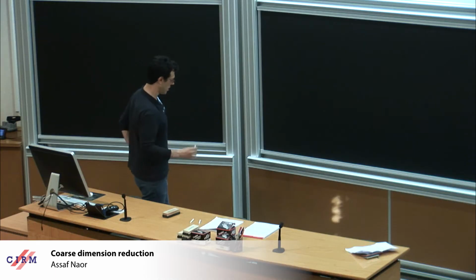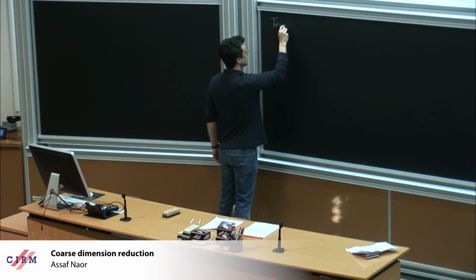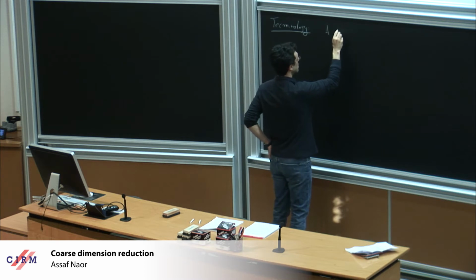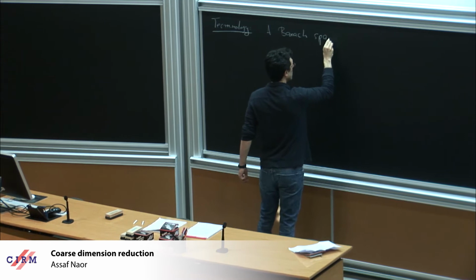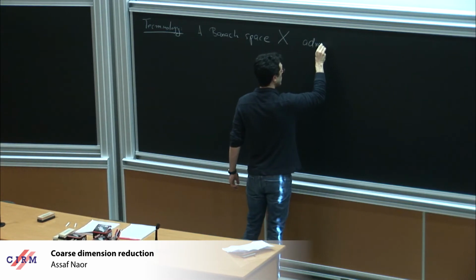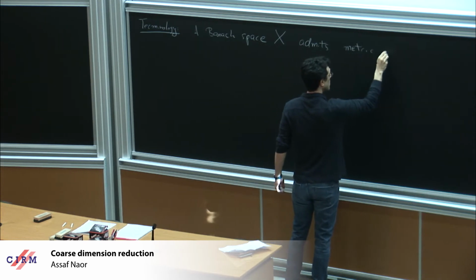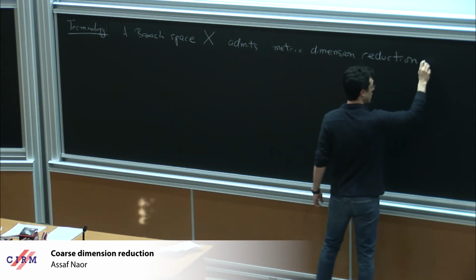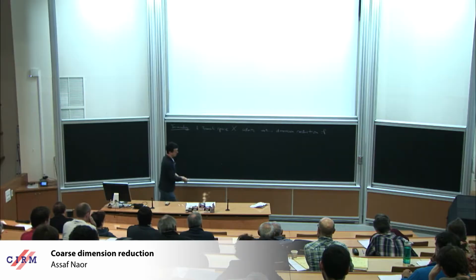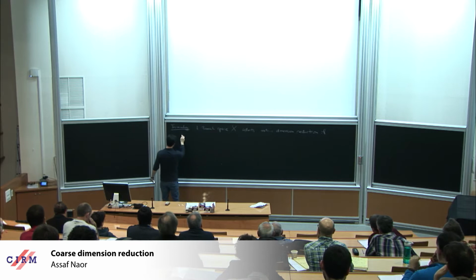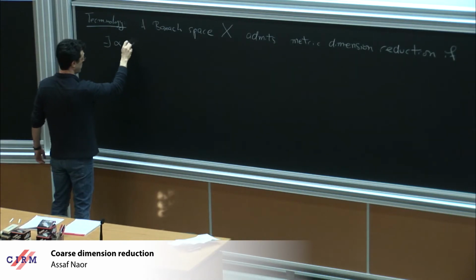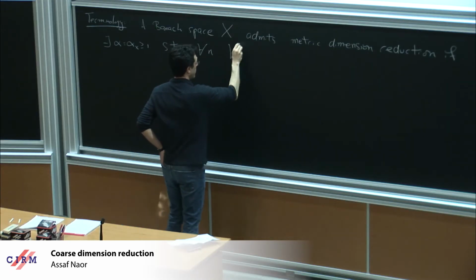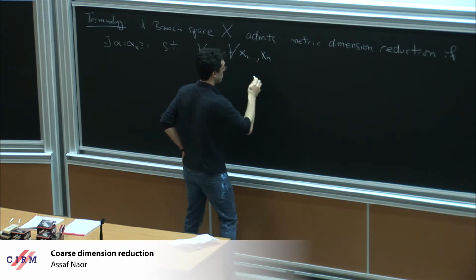But so really a tiny bit of terminology. Say a Banach space X admits a metric dimension reduction if, and this is going to be an obvious definition except for some choice of asymptotics that I will explain, there exists some number alpha, a distortion, that depends on the space, such that for every n and for every n points in the space,